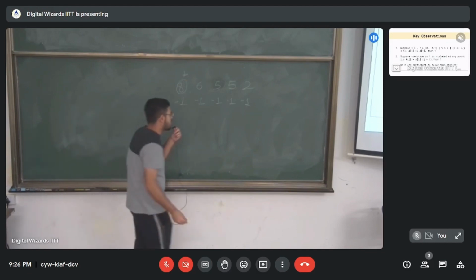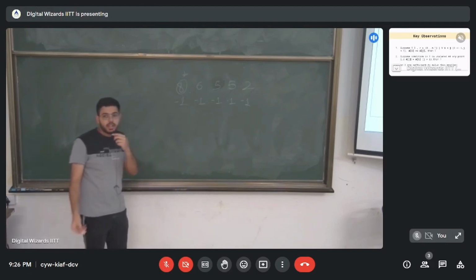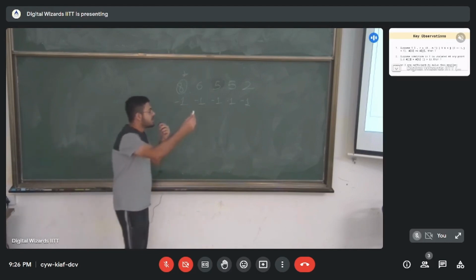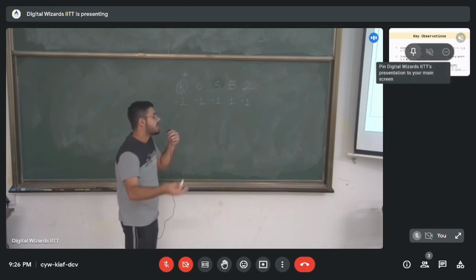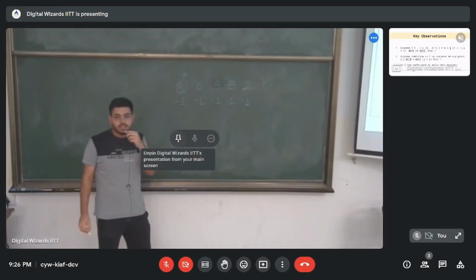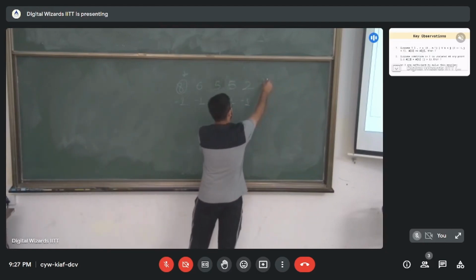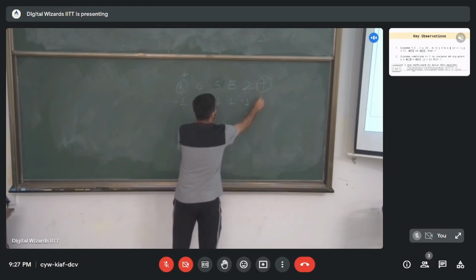So if we assume that our goal is to just create this array out of the complete array, then we already have our answer, right? All minus ones. Okay, so let's say we assume one is holding true, and suppose one becomes false or is violated at any point. So suppose a number like 7 comes here. If a number like 7 comes here, then all we need to do is fix this number somehow to regenerate this array,